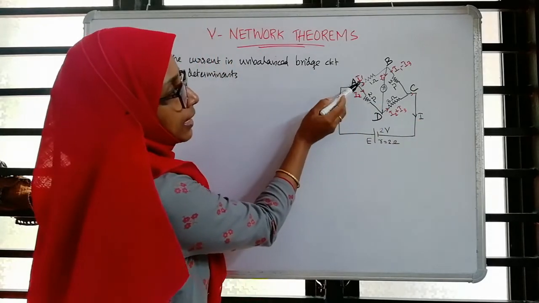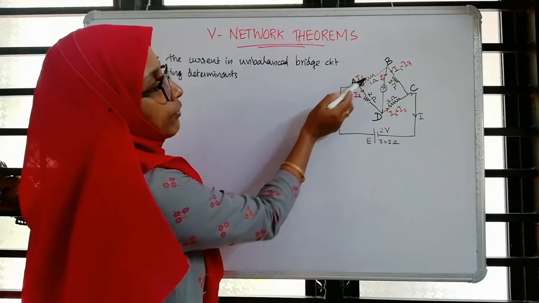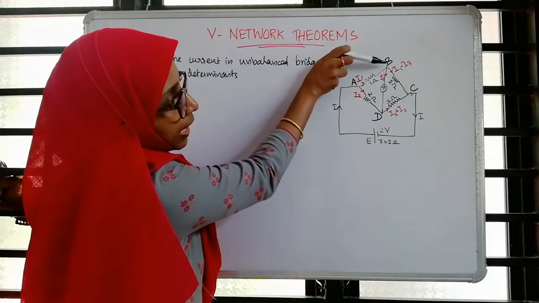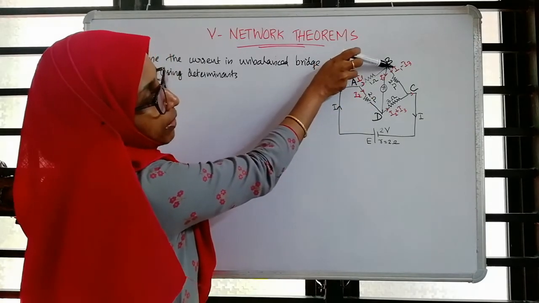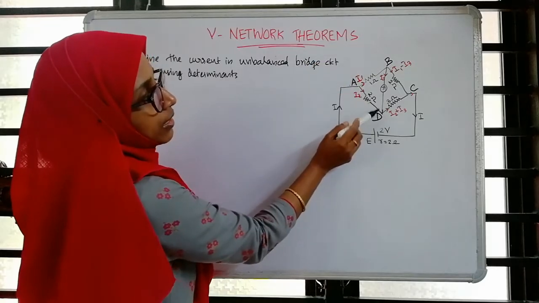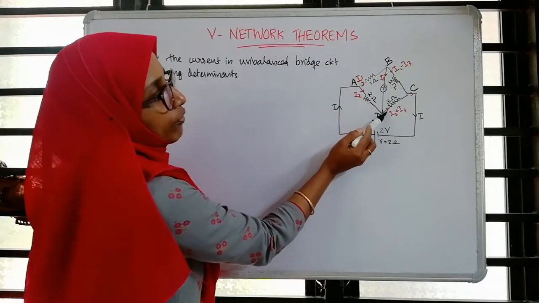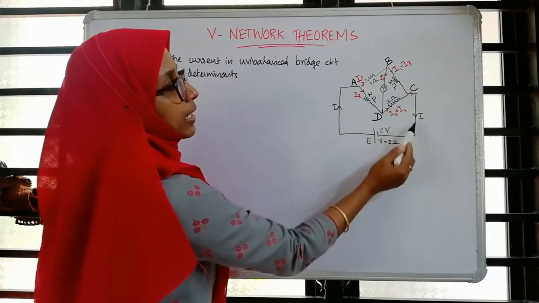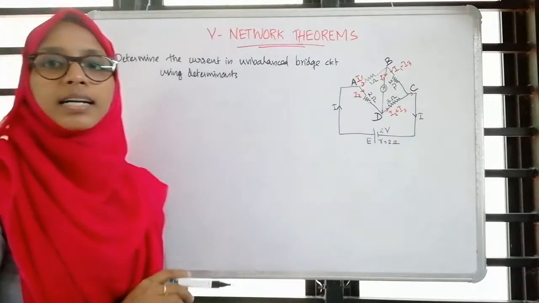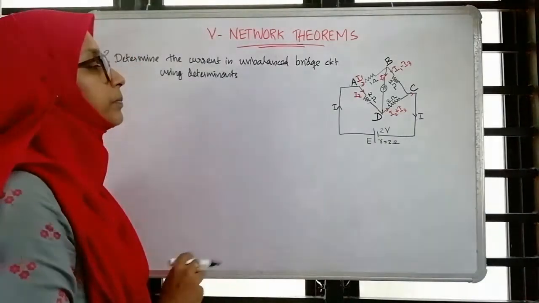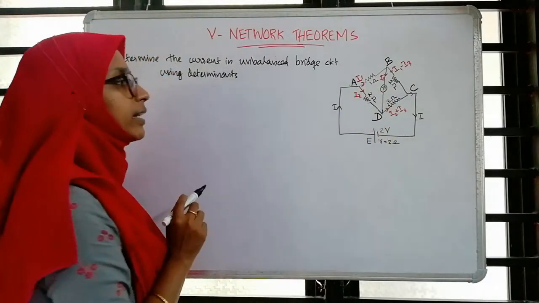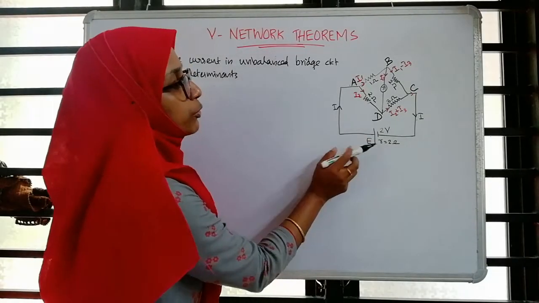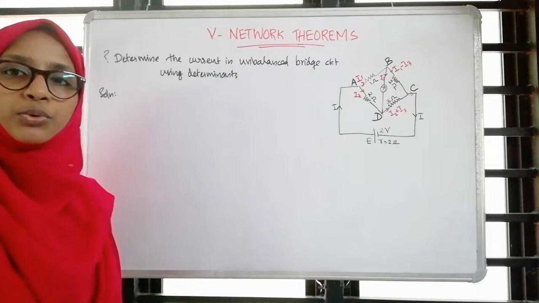Here I am splitting it as I1 and I2, with I1 passing in this direction and I2 in this direction. From junction B, I1 again splits as I3 and I1 minus I3, and I3 passes to this junction. So from D to C it will be I2 plus I3, and altogether it returns as I. We are splitting the current using the junction method. The four resistances are specified in the circuit, and an EMF of 2 volts is applied, which has an internal resistance of 2 ohms.